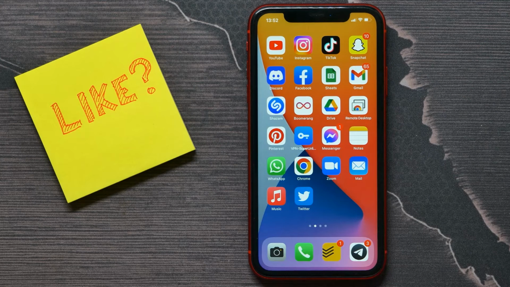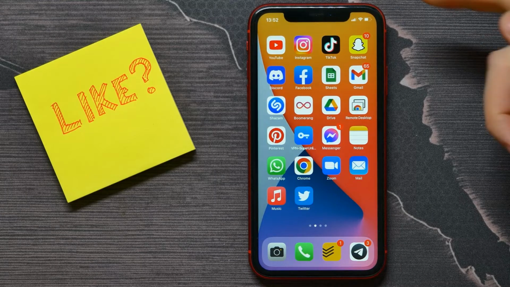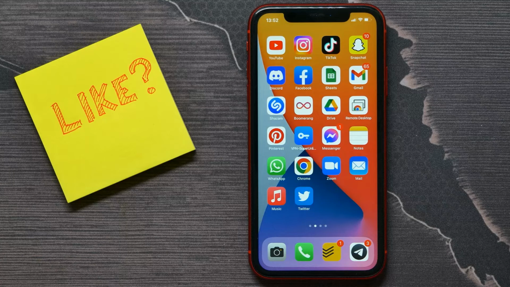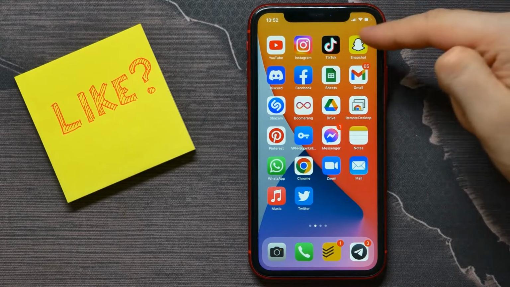In this video, I'm going to show you how to send TikTok video to a Snapchat user. That is quite simple and easy, so let's begin. And first, make sure that you have TikTok and Snapchat installed on one device and you are logged on both